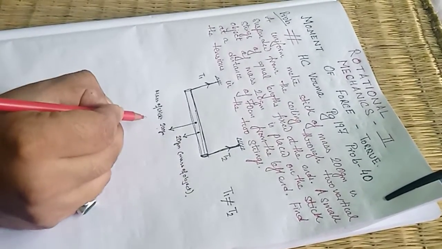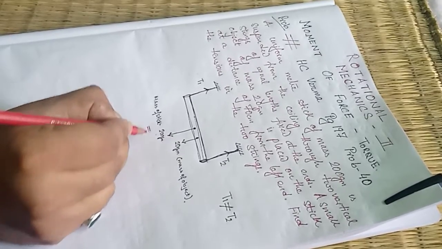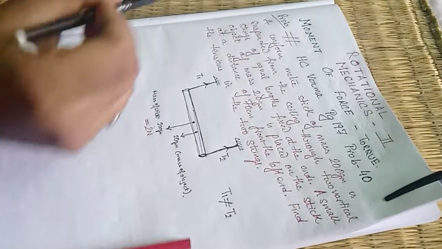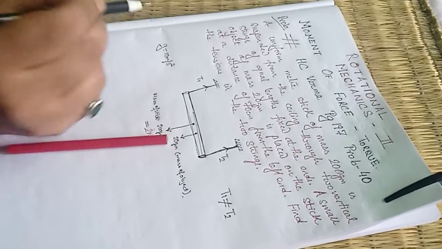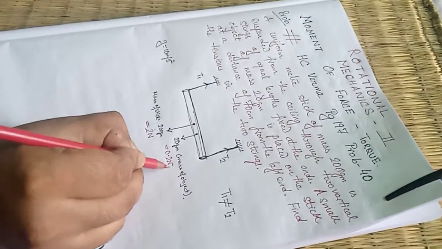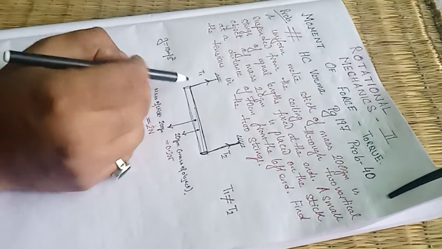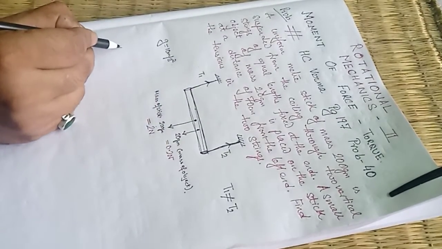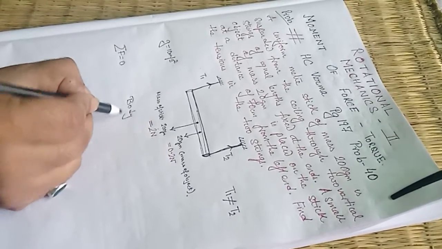Now, what are the other things we know from this? We can convert 200 gram into the SI system of units. It is equal to 2 Newton. We are taking, for all practical purposes, g equals 10 meter per second square. And this 20 grams is 0.2 Newton. So these are the two forces acting downwards. They are being balanced by the two forces acting upwards. So we can write sigma F equals 0, because the body is in equilibrium.